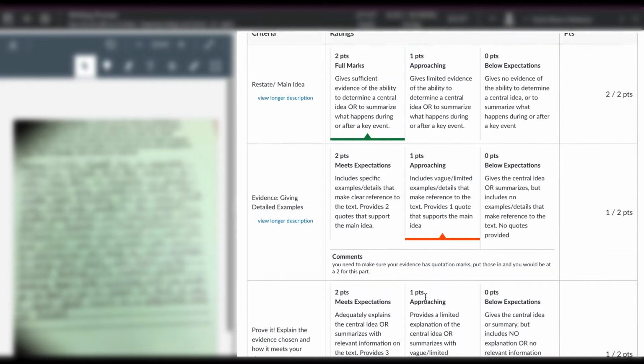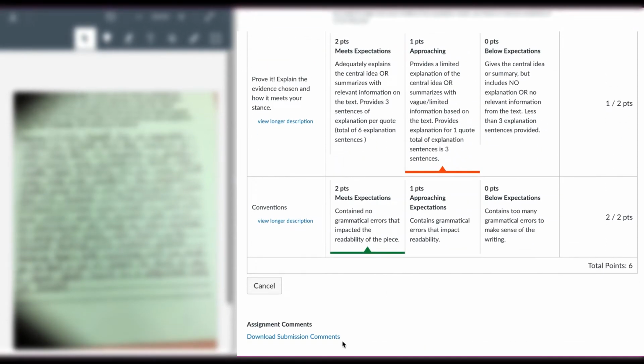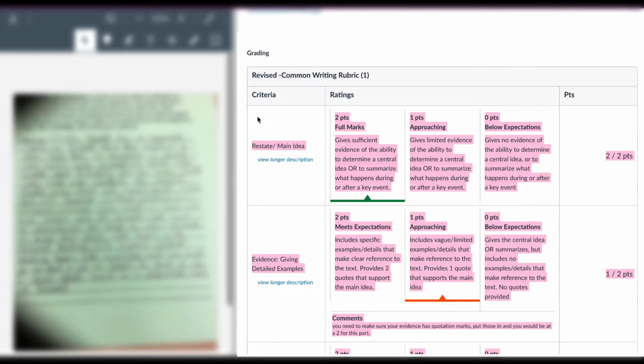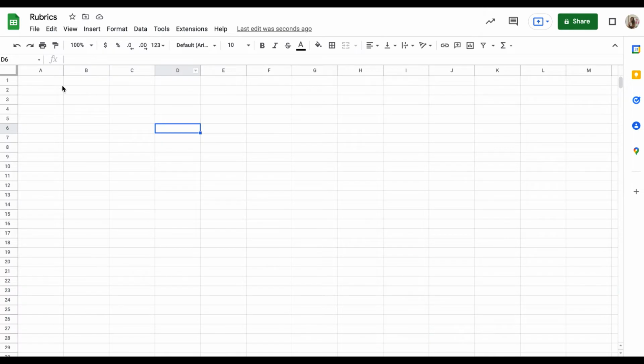It is always easier to copy going down than up. What you want to do is highlight the text, hold Shift on your keyboard, copy. Make sure you start for the rubrics at the download submission comments. You can see where I did that on my end, and use the keyboard shortcuts Control-C and Control-V to paste